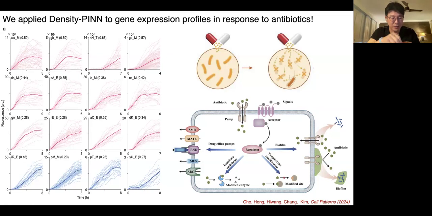And we measure each bacteria's responses. So here, a single trajectory means the response of each bacterium. And the important thing is, if you look at the top left, although we give the same antibiotics, in the same amount, in the same environment, to the same E. coli, you can see that their responses are very heterogeneous.